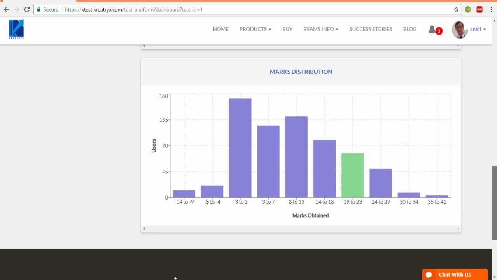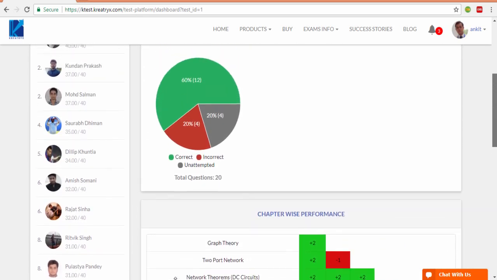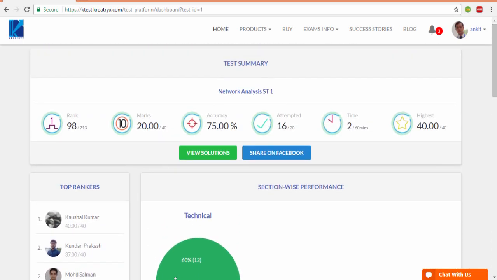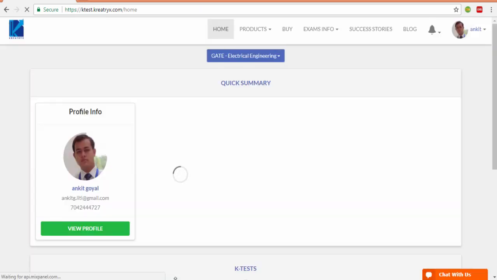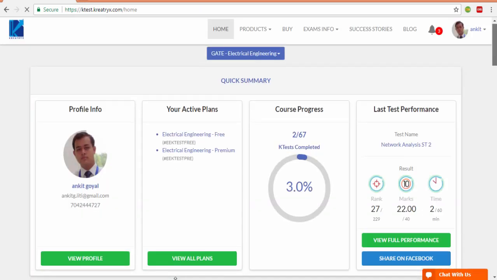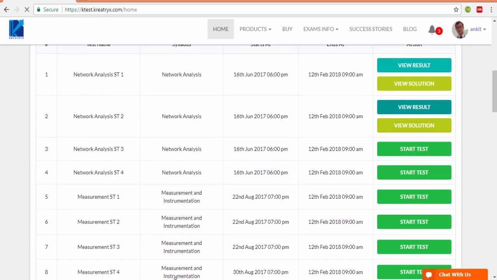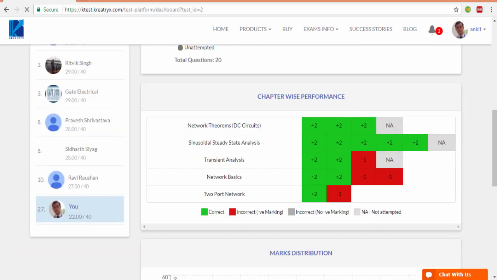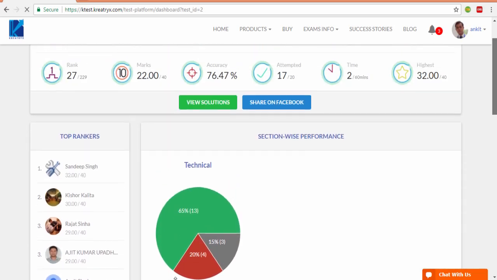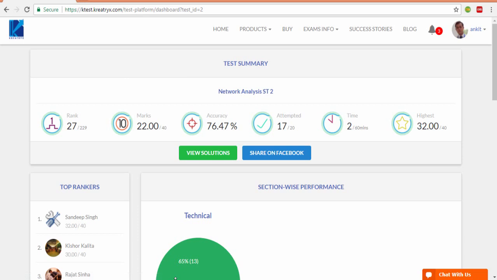Now what happens once I have revised these chapters, what I'll do is I'll go back to the test series, I'll attempt one more test, and then I'll view the result. Now let us see what happens then. Now if you see, my rank has improved from 20 to 27, but now the users are less.